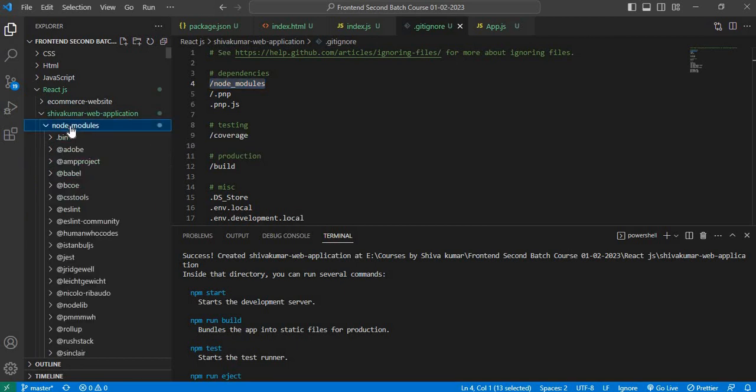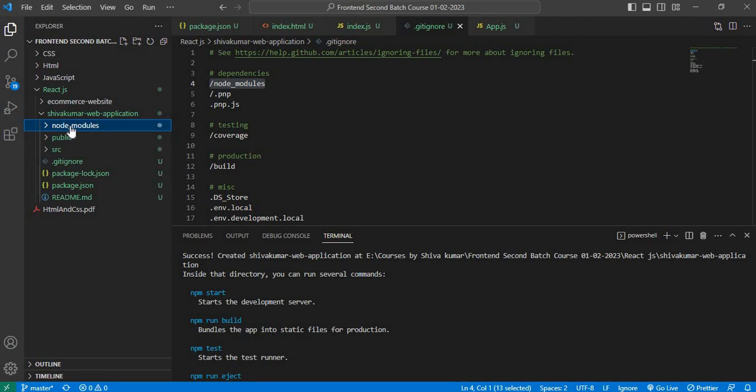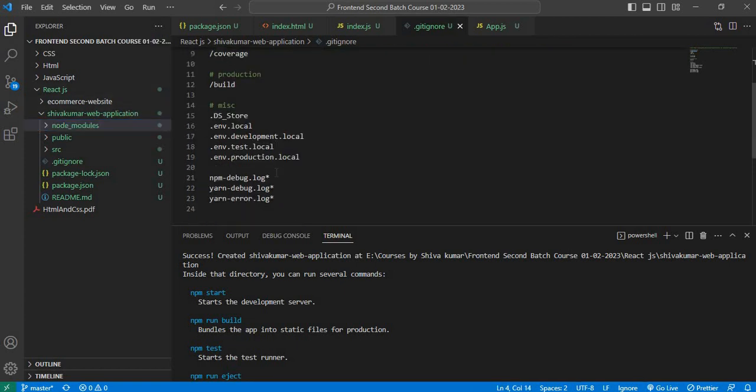The size of the node modules is large, around 300 MB of data. Pushing all of this to the GitHub repository will take more time, and it is not a good practice to push node modules to GitHub. So for that purpose, we are ignoring things like node_modules, PnP, build,